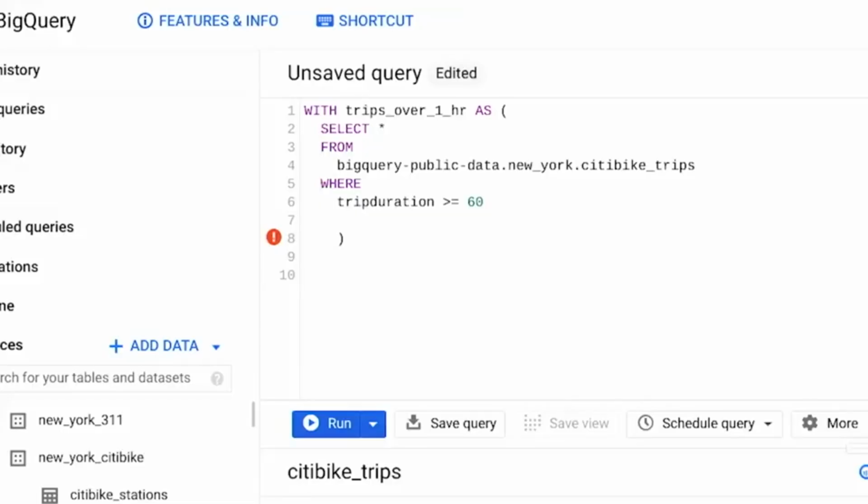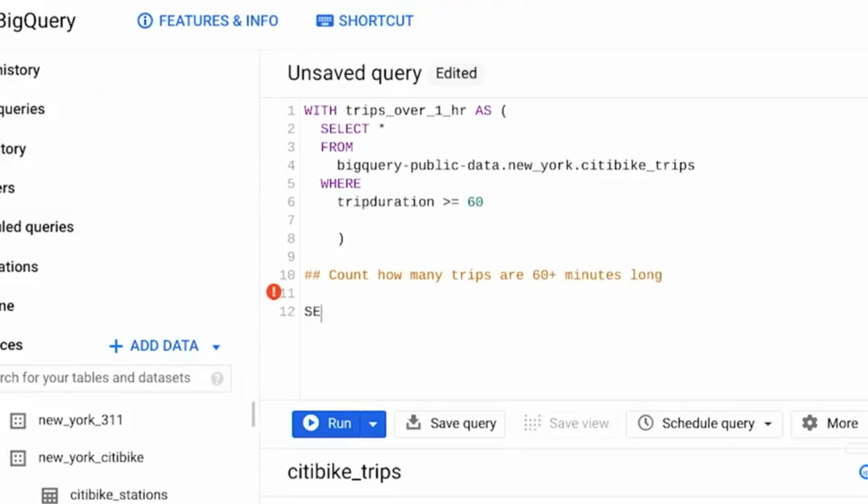Let's try one. Since we're working in our version of a temp table, we don't need to open a new query. Instead, we'll label our queries before we add our code to describe what we're doing. For this query, we'll type 2 hashtags. This tells the server that this is a description and not part of the code. Next, we'll add the query description: Count how many trips are 60 plus minutes long. And then we'll add our query.